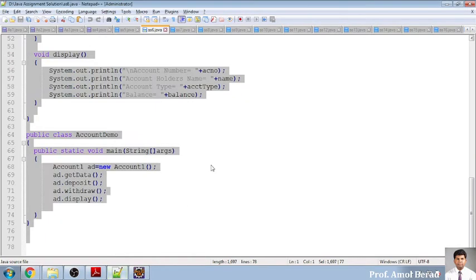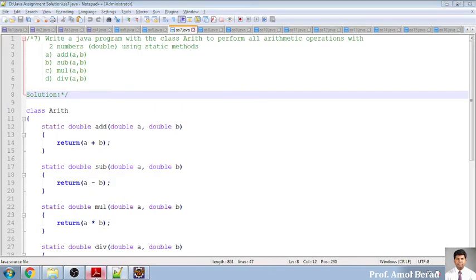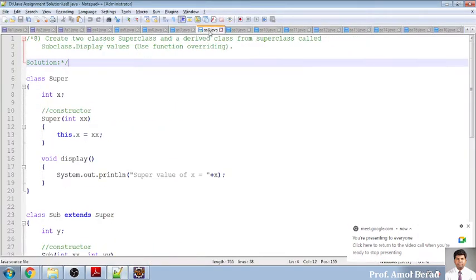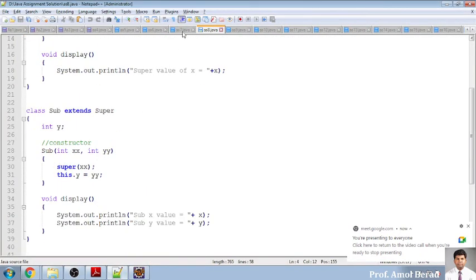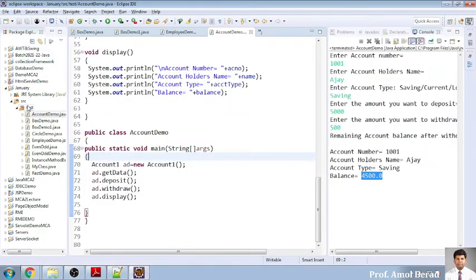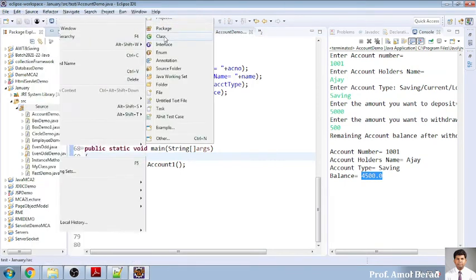Okay, now the next program was 7th number program. I will show you what the 7 number is. It's a very simple program, that is you have to use the arithmetic static class. It's a very simple arith class we have used, and we have used the static keyword in front of the class, and we have done these operations for addition, subtraction, multiplication, division, because all the methods are static. So this is the example, and I think this was the 7th one, na? So it is arith demo. I'm just going and just creating a file, new, and this is arith demo.